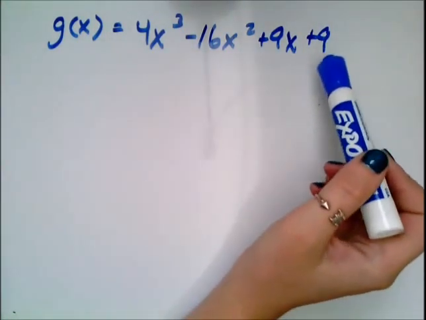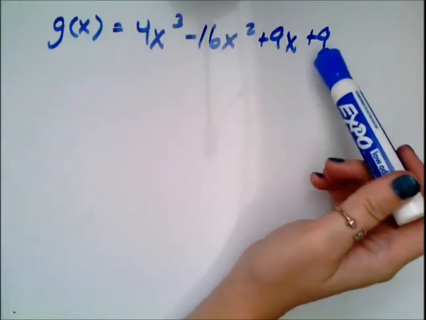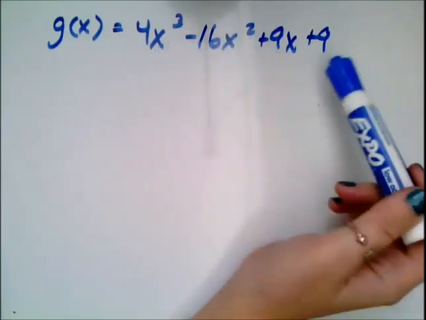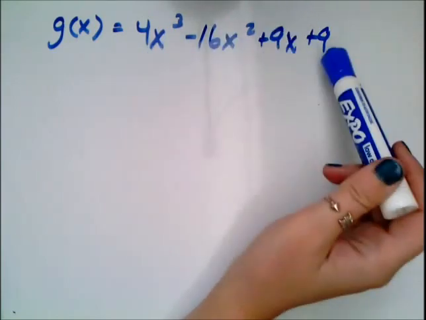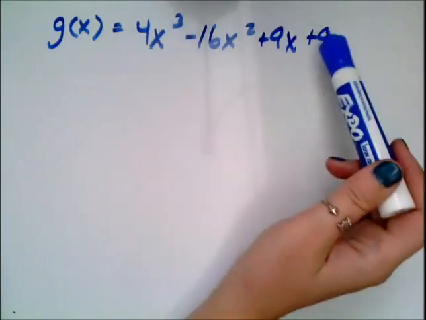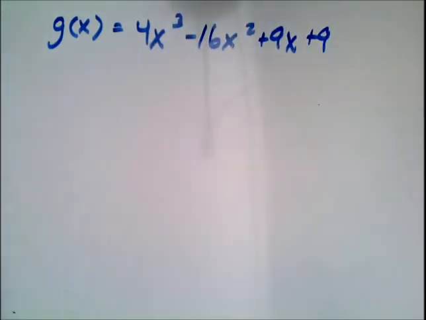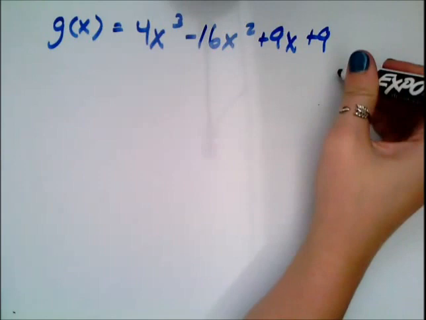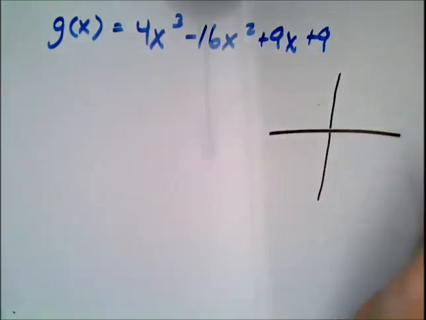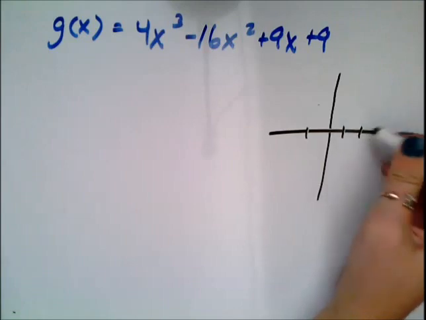So we could take factors of the last number over factors of the first number. What I would like to do usually is keep that in mind. So I could have like 9 over 4 or 1 over 4 or 3 over 4 or 9 over 1, 3 over 1, 1 over 1. So keep those in mind and then graph this function and see what it looks like, because that way you can check and see, before you start doing any synthetic division, that you're only going to do numbers that